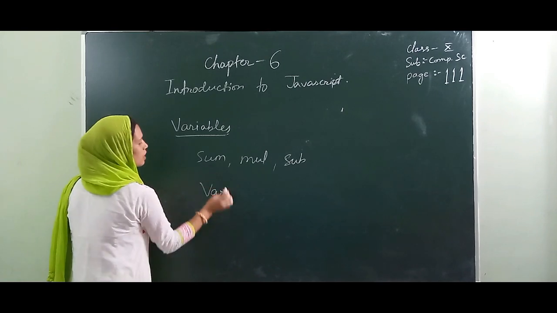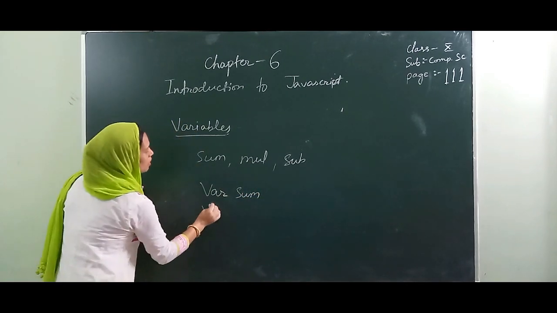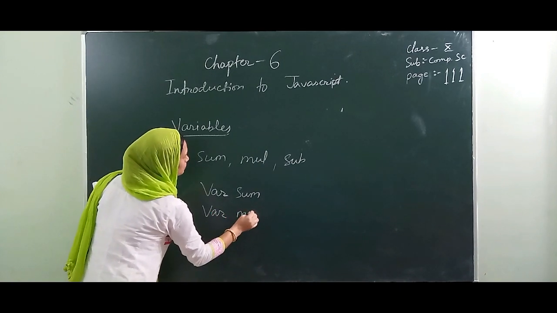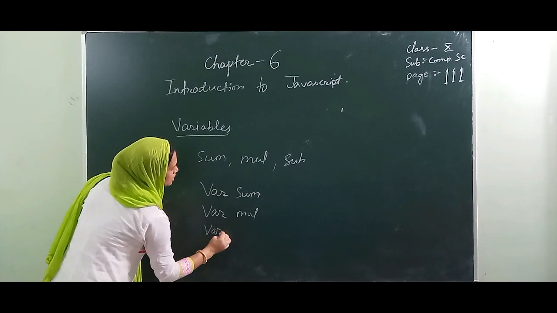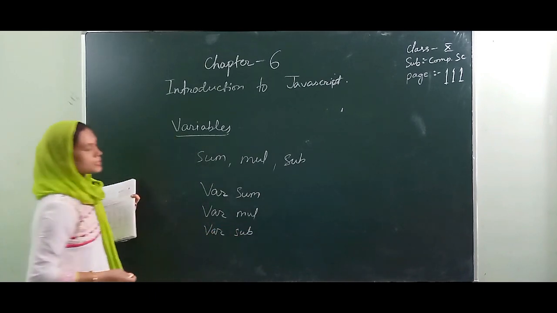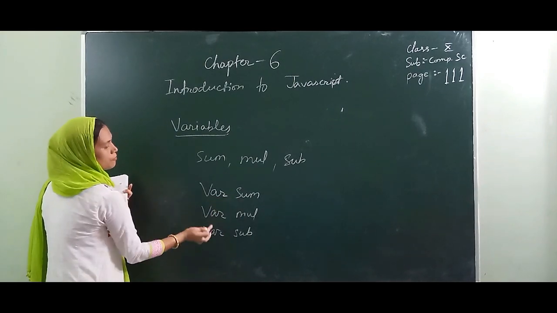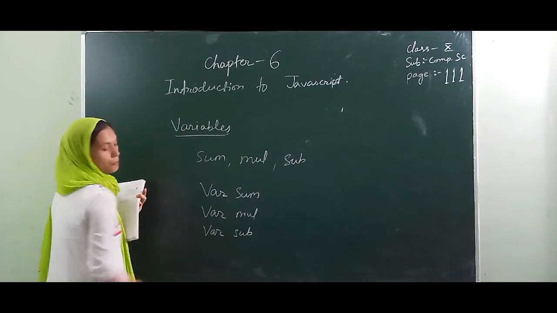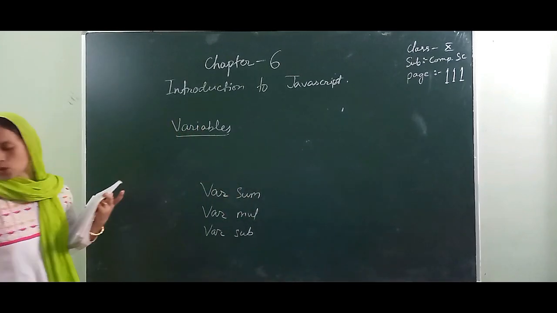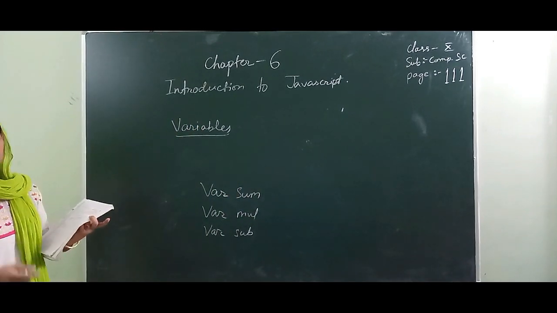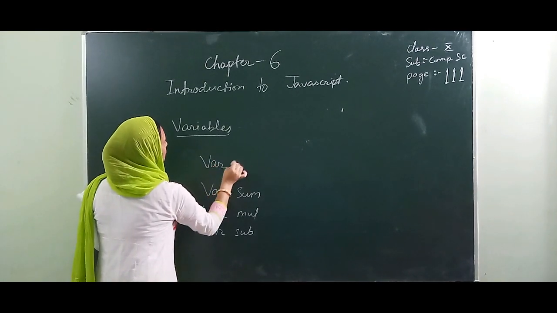And to declare the sum, var sum. To declare this mul, var mul. To declare the sub, var sub. So in this manner, we are going to declare the variable: var sum, var mul or var sub. Or you can also declare in the same line by giving a comma as a separation, like var sum